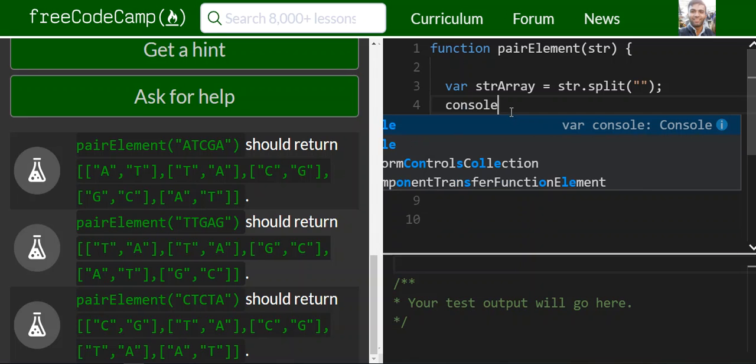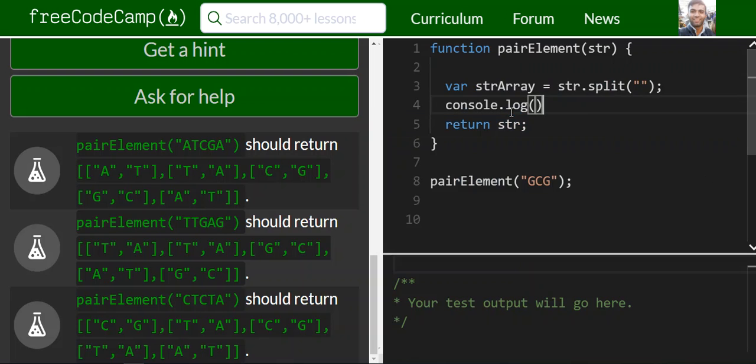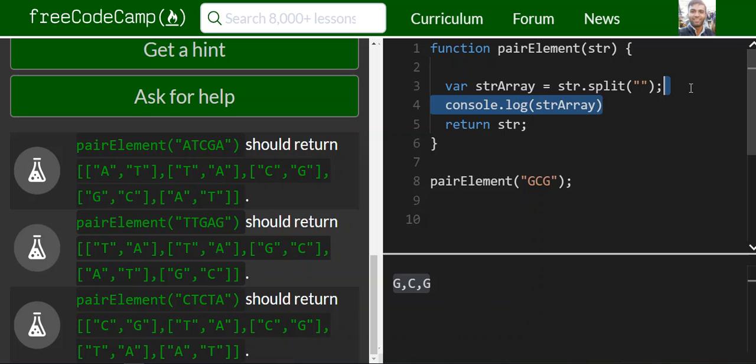Let's prove that it does become that. I will do string array, and here we go, perfect. GCG. So now that